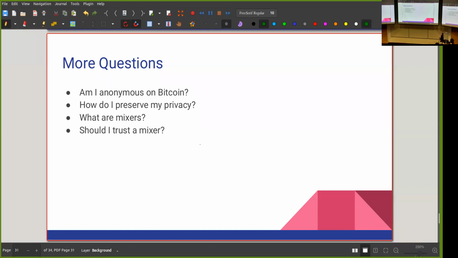Okay, but the question is how? So if I'm a Bitcoin user and I want to preserve my privacy, if I want to make sure that no one can connect my identities, well, one way is you can just create as many accounts as you like for Bitcoin. So just create many accounts and don't use the same account for everything, which is the mistake that actually, I think there was a paper recently that said more than 80% of Bitcoin users use a single account during their lifetime. And you shouldn't do that. You should actually create a new account for every new transaction that you want to make.